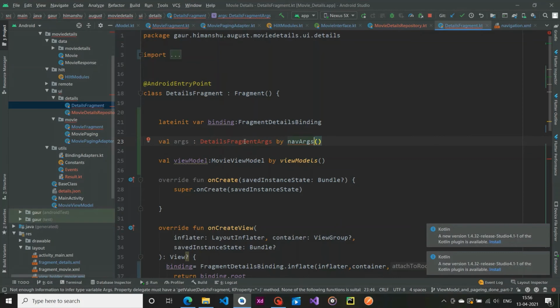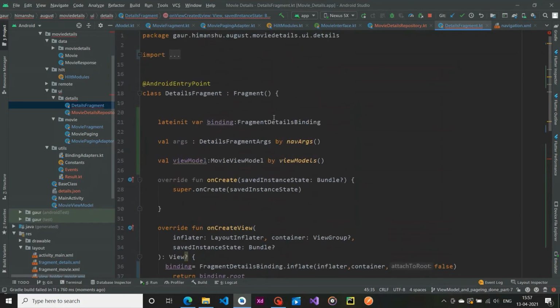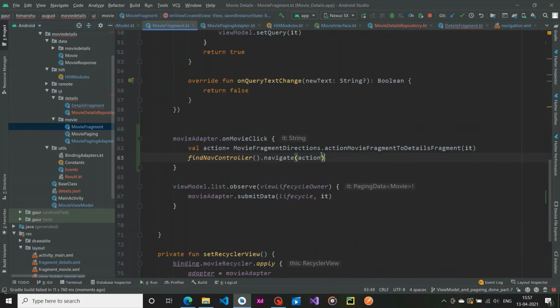Just rebuild this project. Our build will not be successful because we didn't pass the IMDb ID to our get movie details, that is why. But you can see the error is gone in this part, DetailsFragmentArgs, and if you go in our movie fragment you can see this error is also gone.